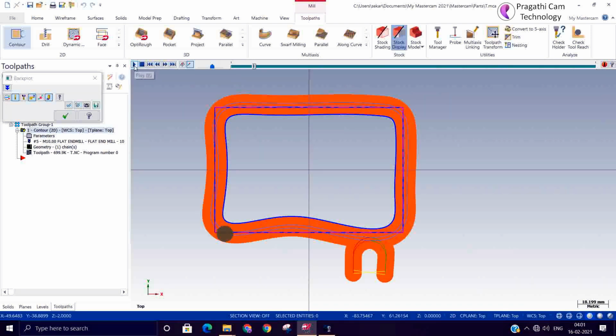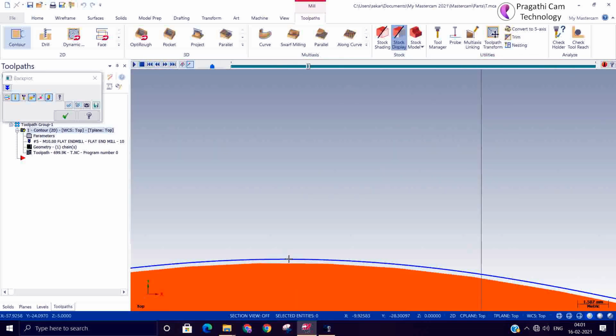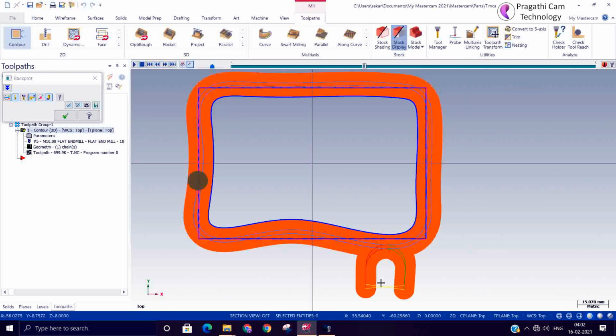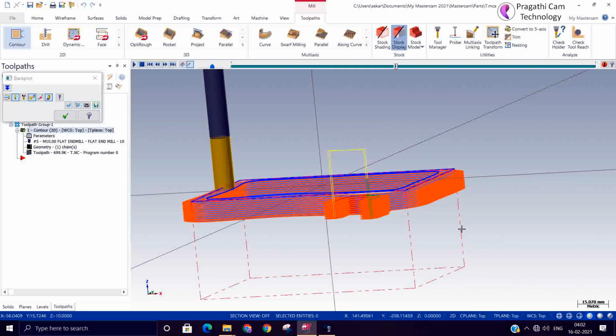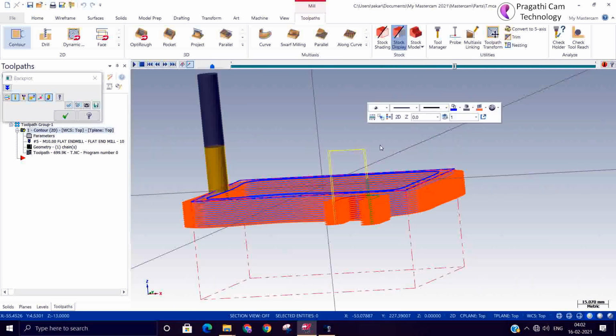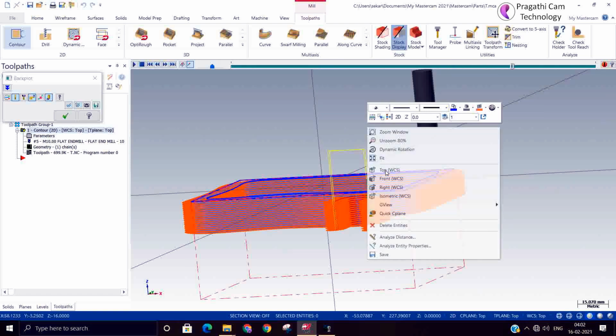You can see whether it makes the final pass, that I just want to study. The final pass is cutting to the entire depth of 20 mm in the single cut. This we can identify by putting it in the top view.